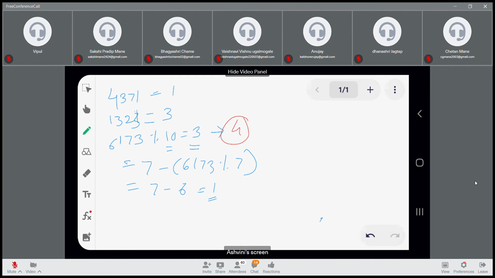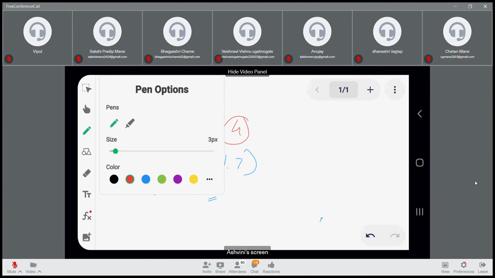Okay, got this? Yes, ma'am. Okay, now the next number is 4199. Index 9 is empty, so place 4199 at index 9. Now after that,